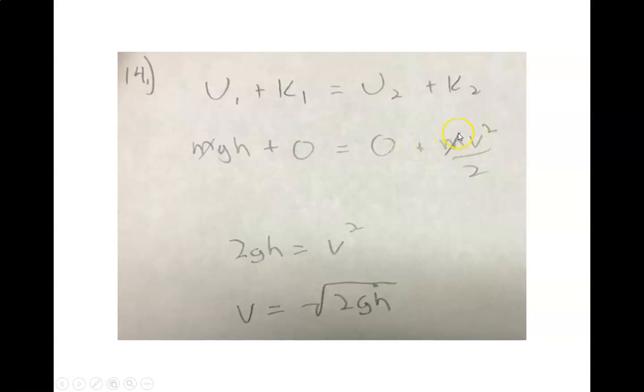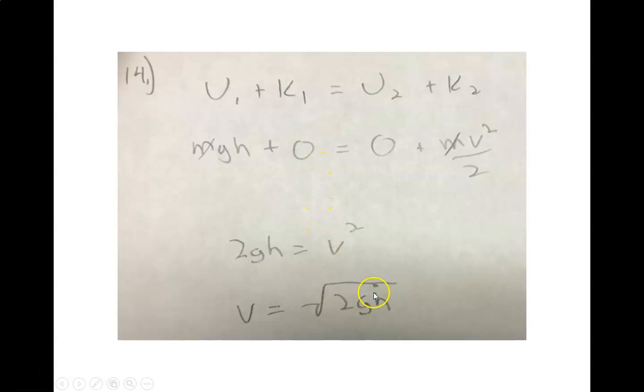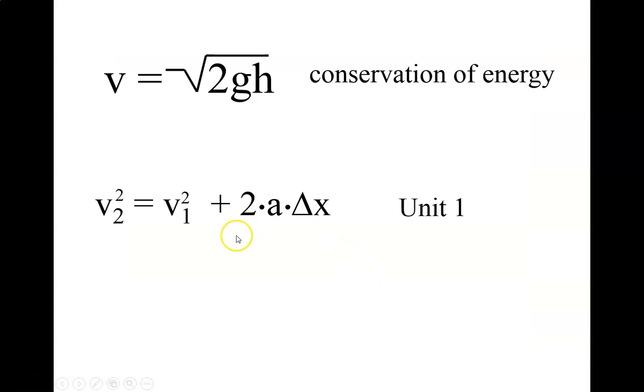Notice that the m's cancel out here. So v squared equals 2gh. Solving for v, we get v equals the root of 2gh. So our velocity is equal to the square root of 2 times gravity times our height. Notice that the mass cancels out. Basically, things fall at the same rate regardless of their mass on a given planet, which we already knew from a previous unit.